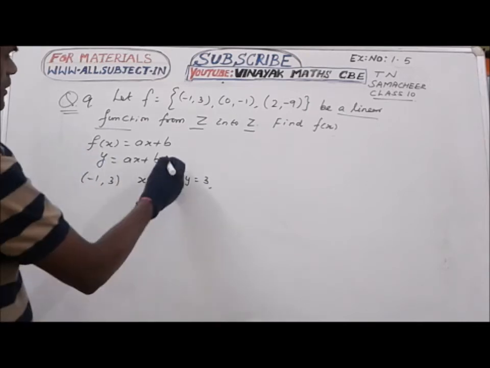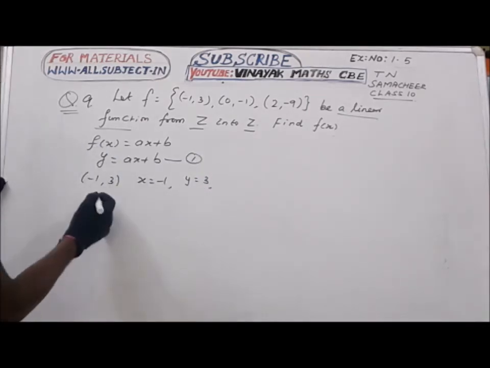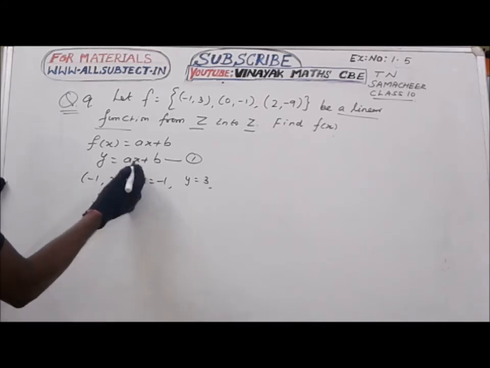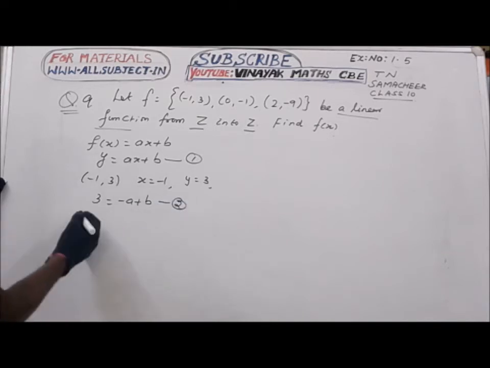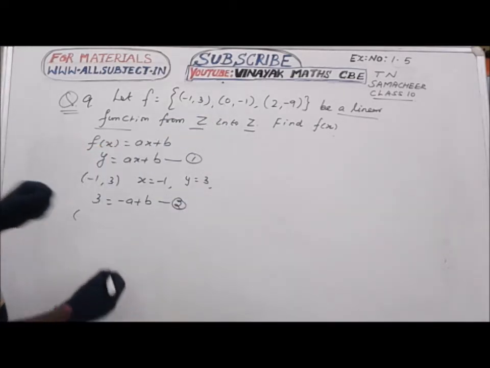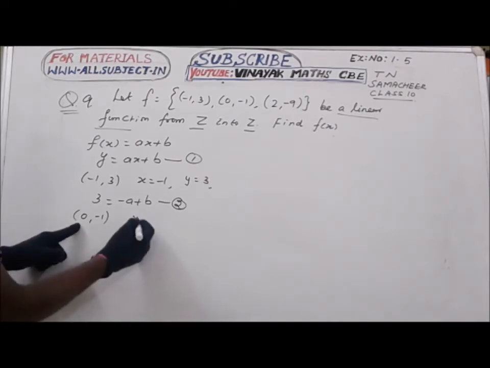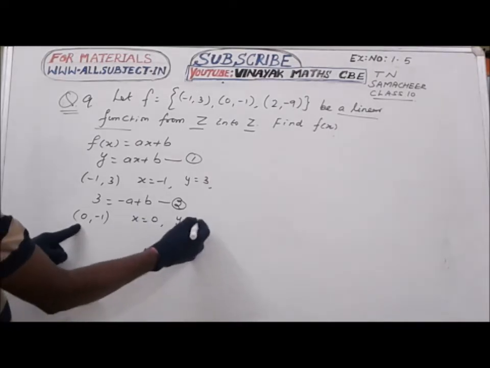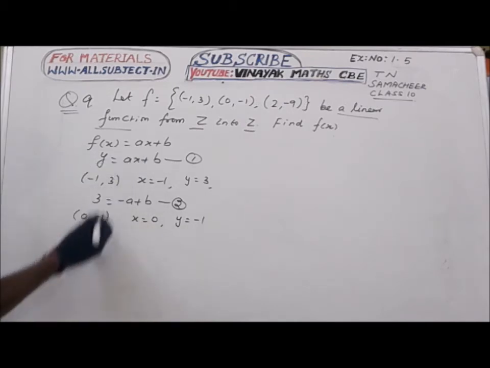Substituting in the above linear equation 1, we will get 3 equal to x is −1, so −a + b. This is equation number 2. And taking the second pair (0, −1), in it x represents 0 and y represents −1. Substituting in 1,